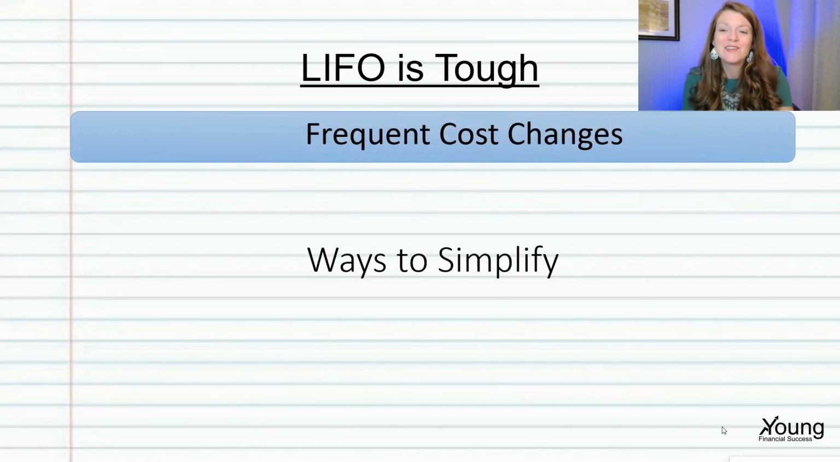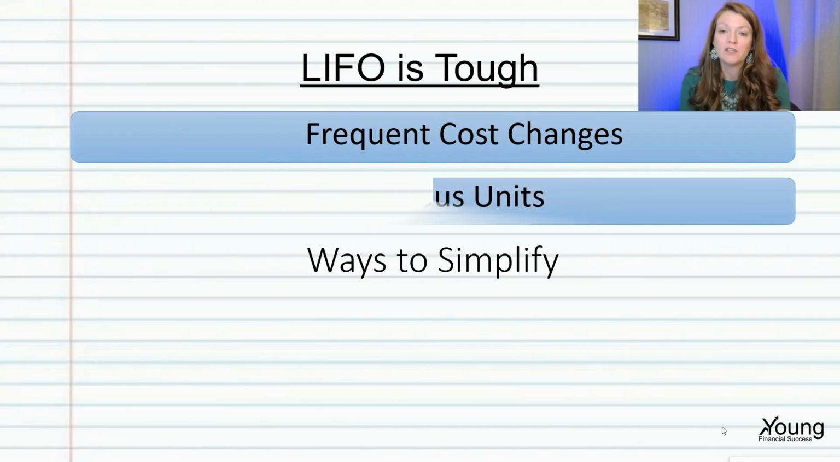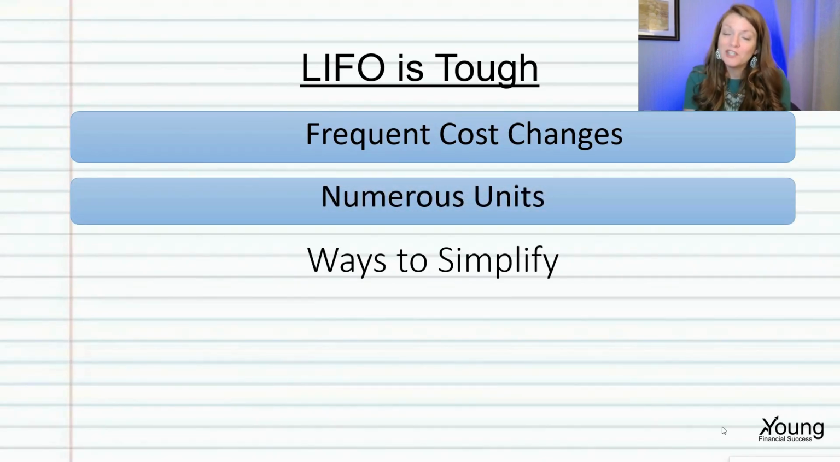So let's get started. One big thing is it's tough when there are frequent cost changes, which a lot of times there are. We're not going to see products be the same cost all the time. As we see these frequent cost changes, it can really make the accounting for LIFO very challenging, especially if we have numerous units. Think about a company like Walmart. They have like tens of thousands of different items, and that would be really hard to keep track of